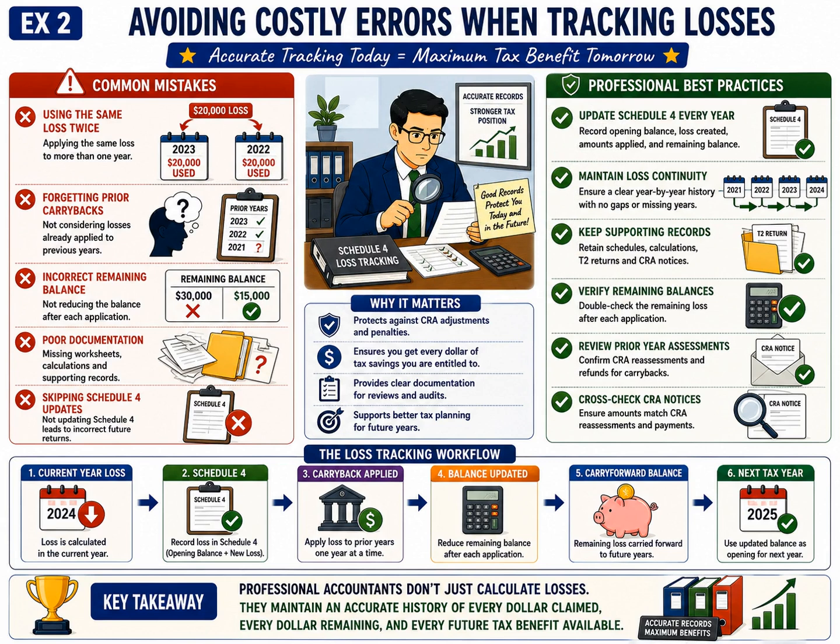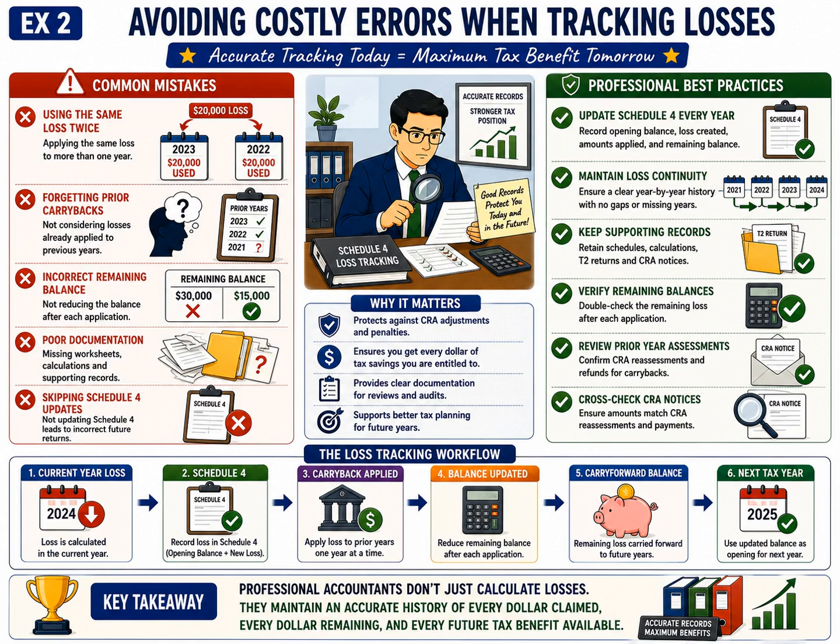If we follow the complete workflow, the process is straightforward. The current year's loss is calculated and recorded on Schedule 4. Any carrybacks are applied to prior taxation years. The remaining balance is updated immediately after each application. That updated balance then becomes the opening balance for the next taxation year, where the process continues until the loss has been fully utilized. This disciplined approach protects the corporation from errors, supports CRA reviews, and ensures that every available